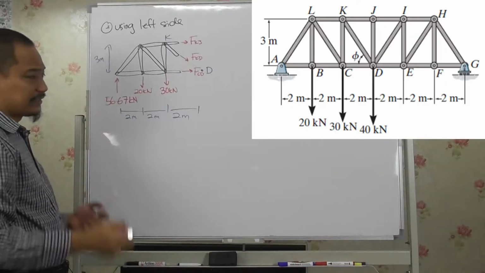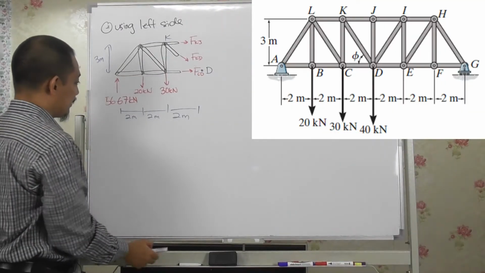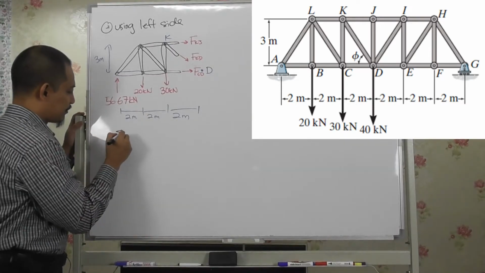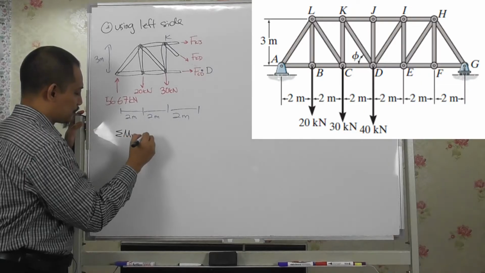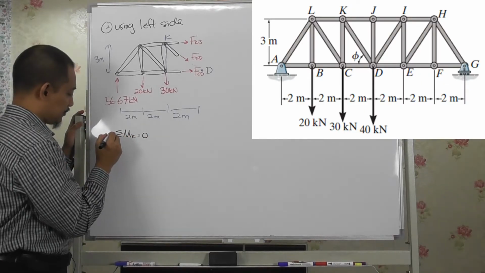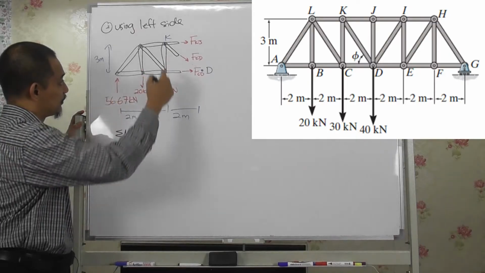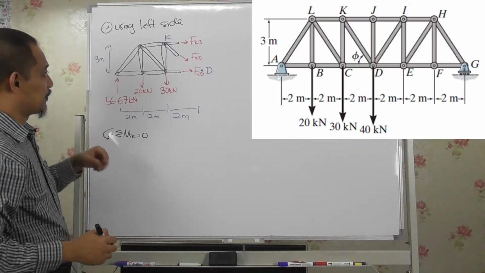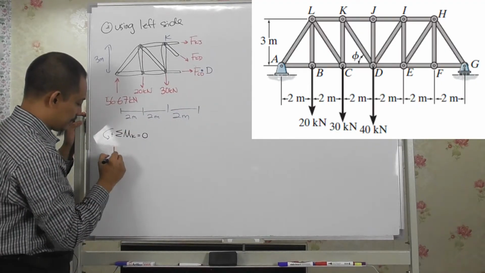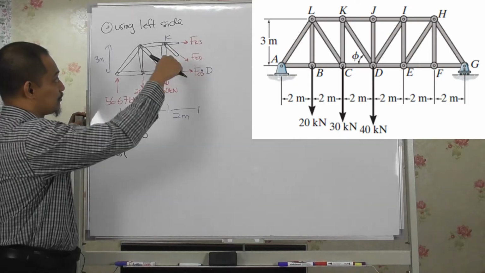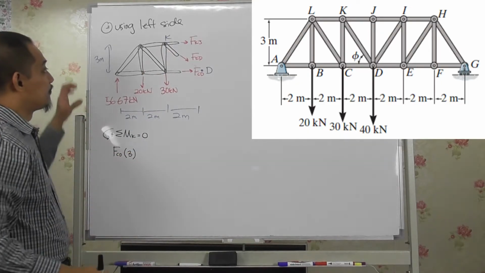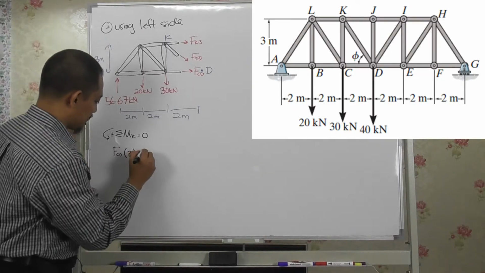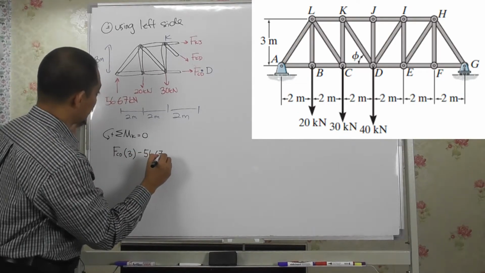Okay, let's take moment about point K, for example. Summation of moment about point K equal to 0. Let's take counterclockwise as positive. So obviously this 2 goes through that one, it doesn't produce any moment. FCD does, so FCD times the distance of the height, which is 3, and then this one is clockwise, so minus 56.67 with a distance of